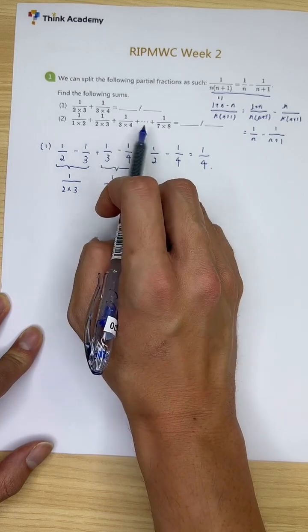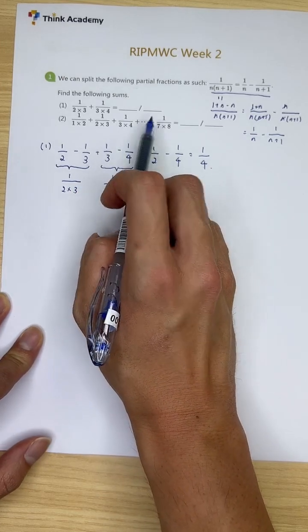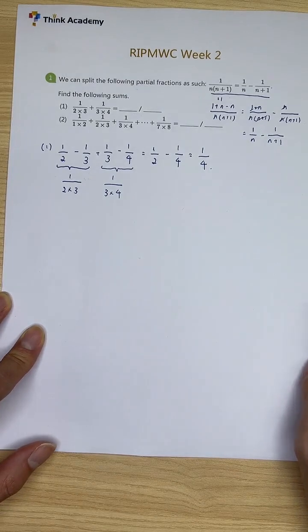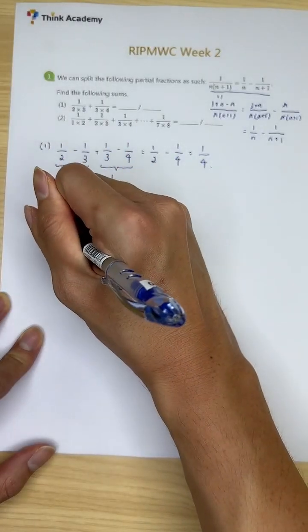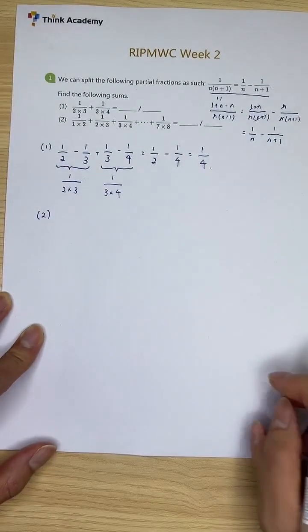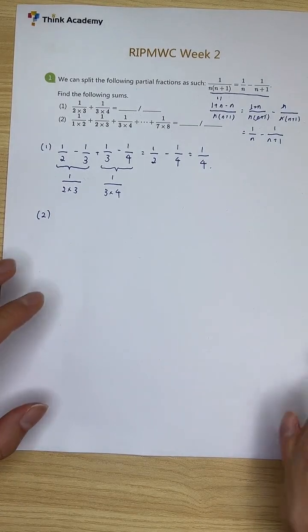Now it looks a little bit complicated because this time around we have a little bit of dots over here. But don't worry, the same method applies. Alright, but how do we write it in a more compact way? I'll show you guys the A-level way of writing. So in this case over here, we can write this particular sum as